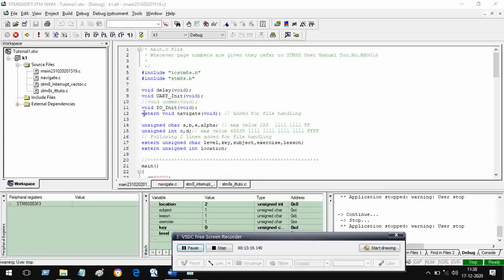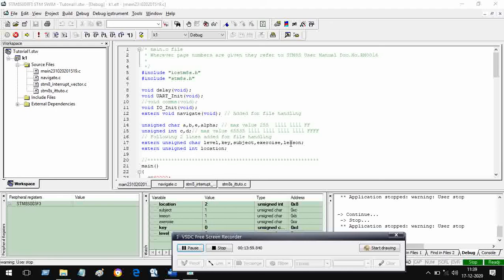I call it external because I have made another file whose title is navigate. So it is this file, but before going to that file, let us see what else we have added. I added the following two lines for file handling. These are external things because these variables have been written inside the file called navigate. So this is another variable. This variable is unsigned int, so it will have 16 bits, and the address has to be bigger than 8 bits. Therefore I have chosen int, which can handle up to 16 bits.